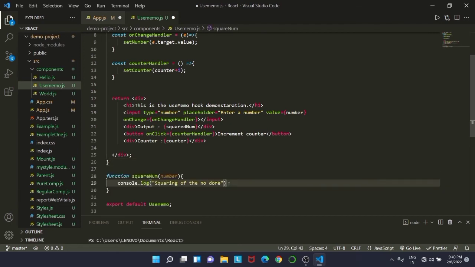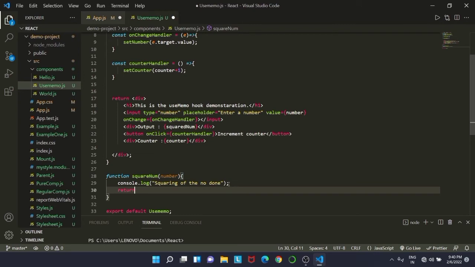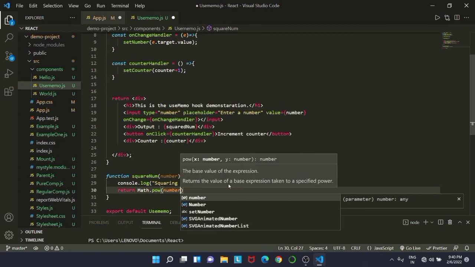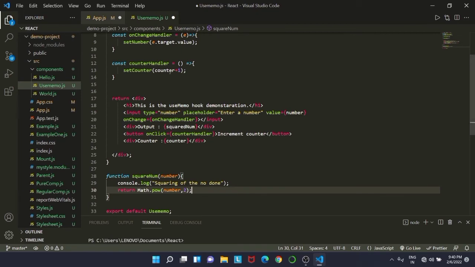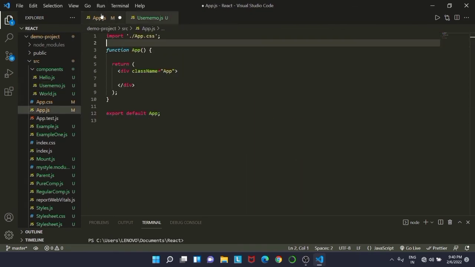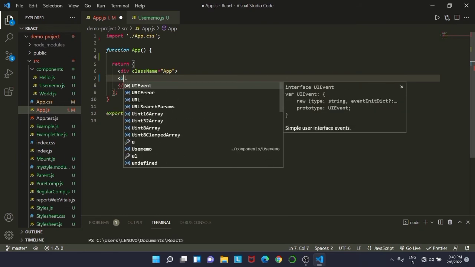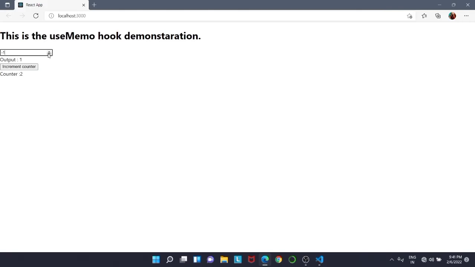Now we are going to create a function squareNum. The function uses Math.pow to return the square of the input number. So we are going to include number and then 2. Now we will add this component in app.js. So we'll just say useMemo, and then if we see the output,